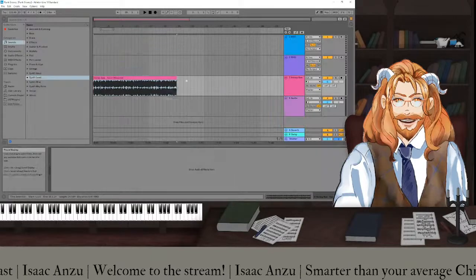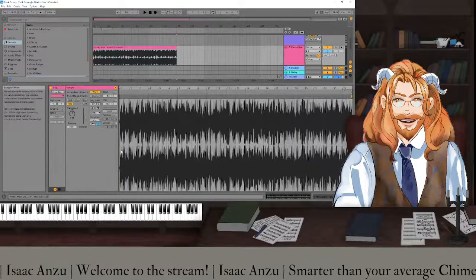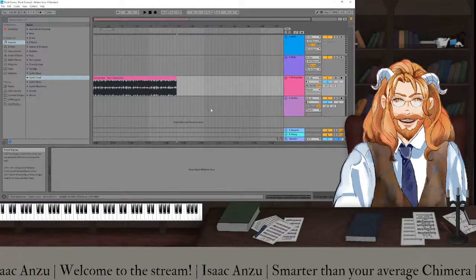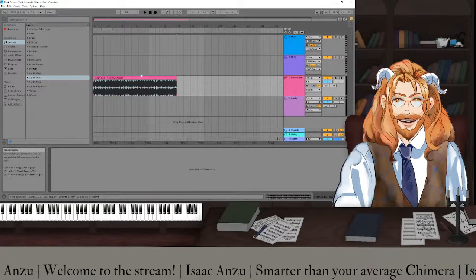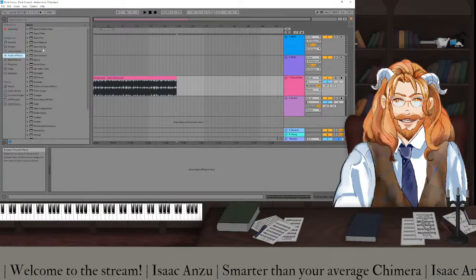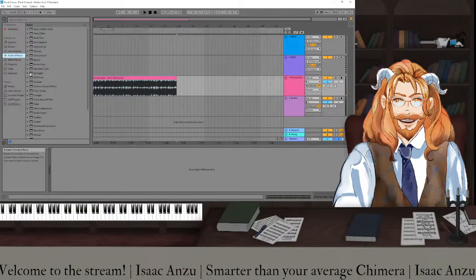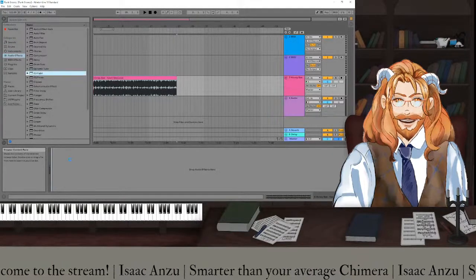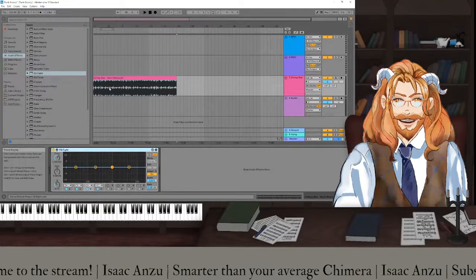So then in order to further de-emphasize the drum groove of the clip, we can add an EQ to it. Just a basic EQ.